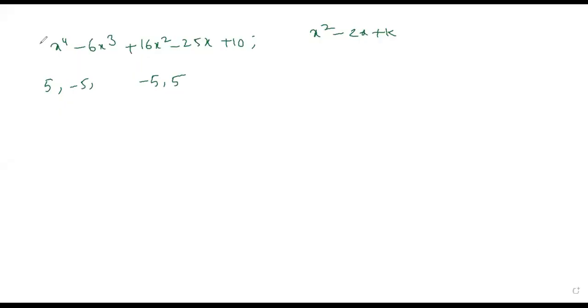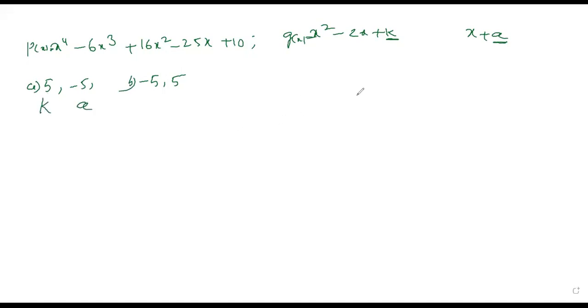The question they gave, this is the polynomial p of x. We are dividing by the polynomial g of x equal to x square minus 2x plus k, and the remainder is x plus a, and they are asking the value of k. So instead of doing it in the same way, we will cross verify using the options. This is a, this is b. That means this is the value of k, this is the value of a.